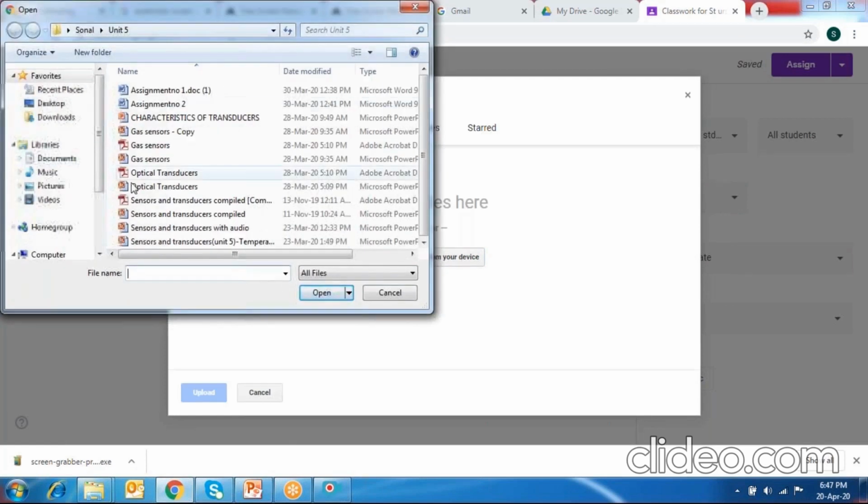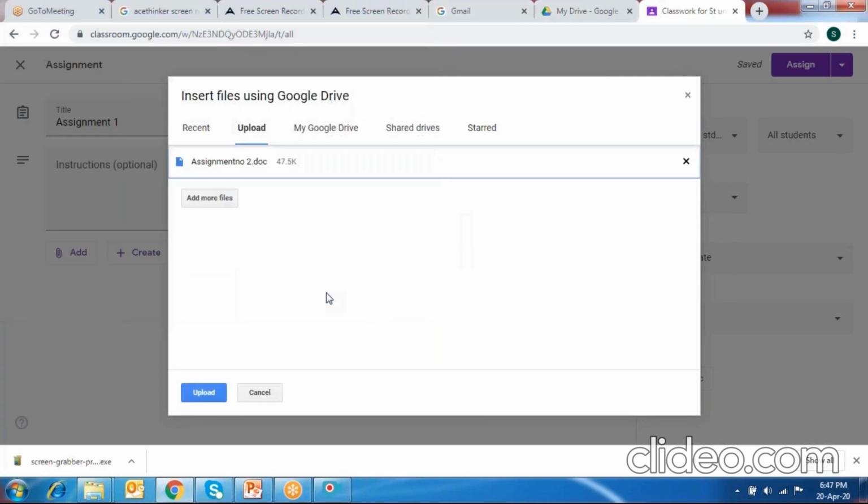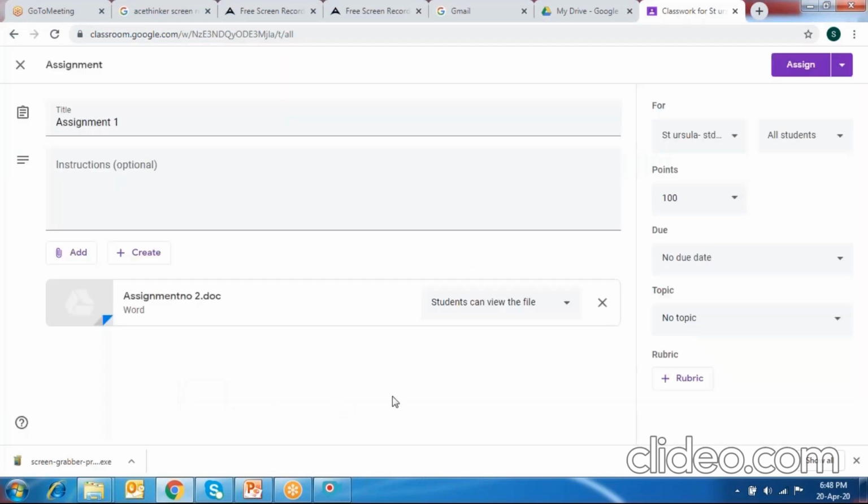Then this window of my laptop has opened up. Suppose this is assignment number 2. I select this, I say open, and then this assignment number 2 has come up here. I need to upload that. So at the bottom, there is a blue colored tab which mentions upload. I'm supposed to click on that. The moment I click, it has started uploading. And if you can see, assignment number 2.doc has already been uploaded over here.